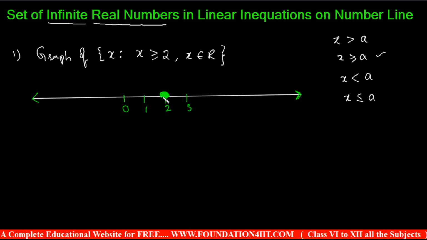So here one should keep a dark circle, and again you can draw a line till the ending, until where the arrow mark stops. Just make it a dark line. That means x is greater than or equal to 2 and x belongs to the real numbers. So after 2, even 2.11, 2.12, every number till infinity. That is the meaning of this.